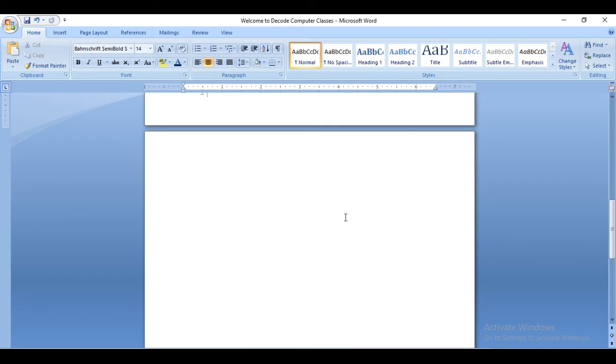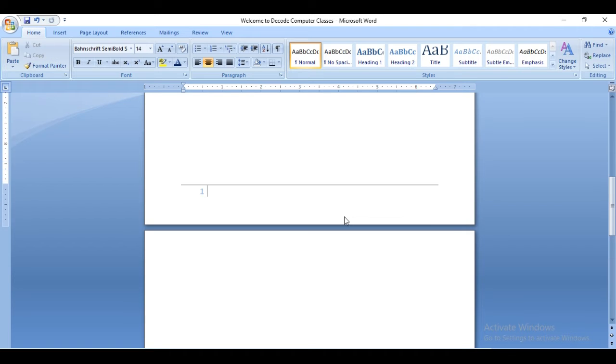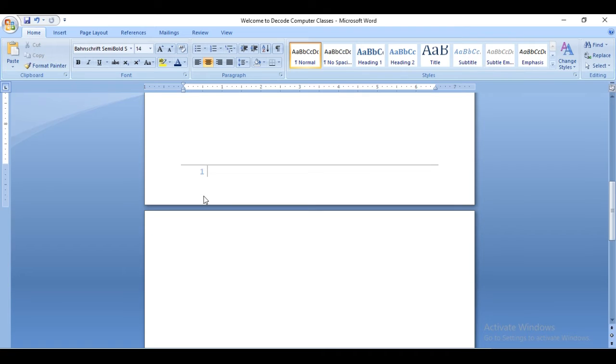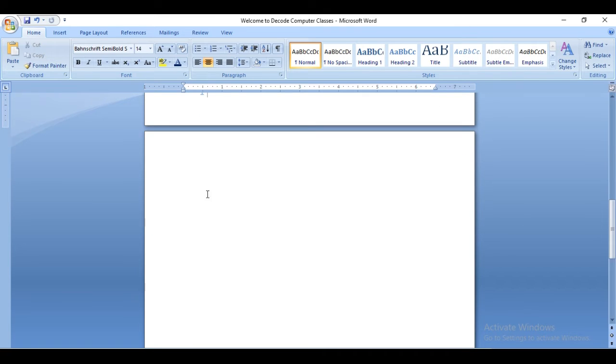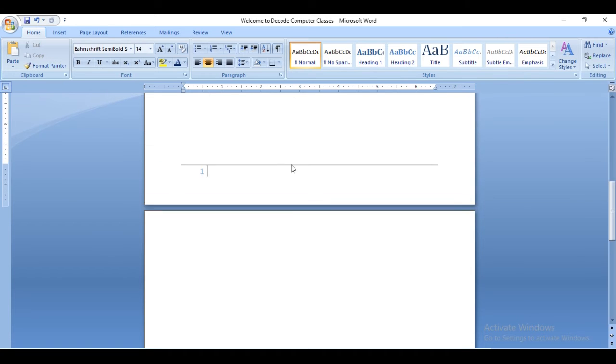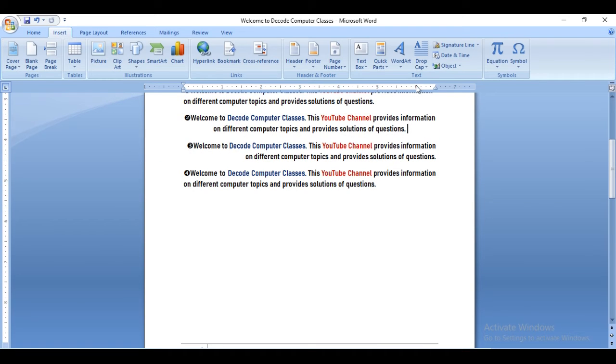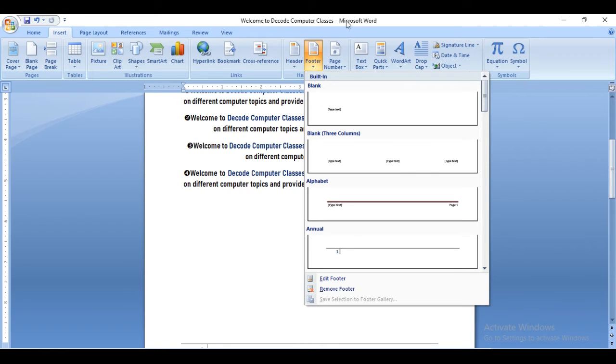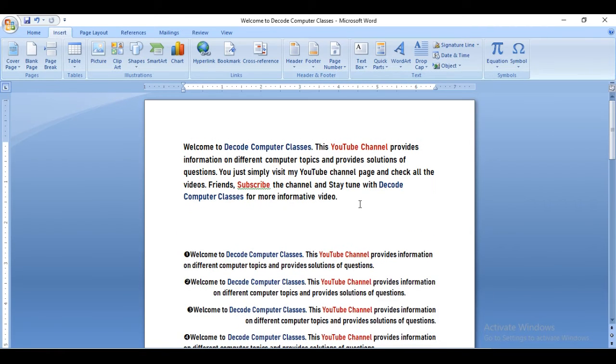And the numbering will continue in decreasing or increasing order. Okay, so this way it will be applied in a page or document. Inserting the footer is very simple. Just remember the process that you go to the insert option and go to the header and footer group, and you can apply this footer option. Okay, so this way you can complete this footer option.